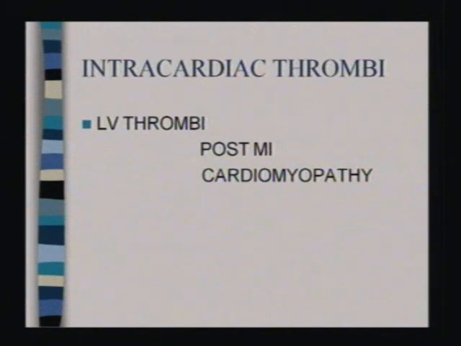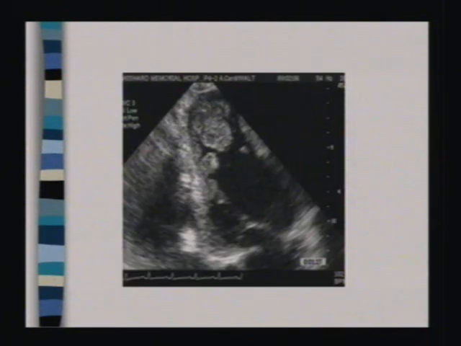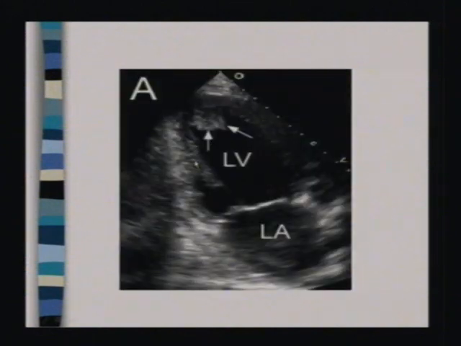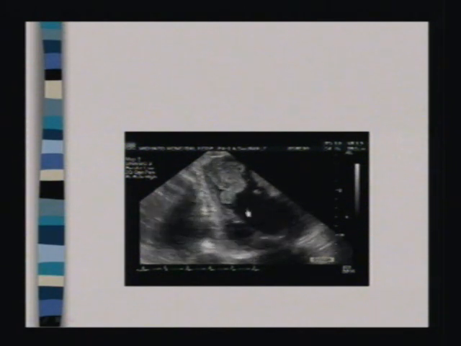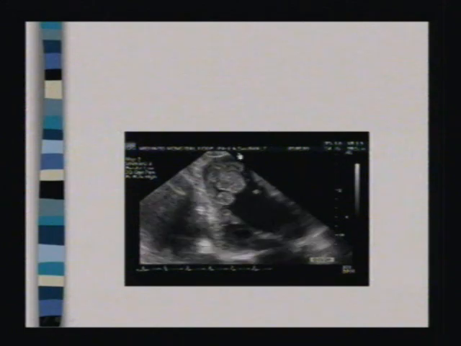Intracardiac thrombi are also picked up in echo. They can be post MI or in cardiomyopathy. Here there is a patient, you can see this large thrombus at the LV apex. This is another patient with LV thrombus. Here you can see a highly mobile, very dangerous thrombus. This can break away any time. This is a big thrombus on the LV apex of